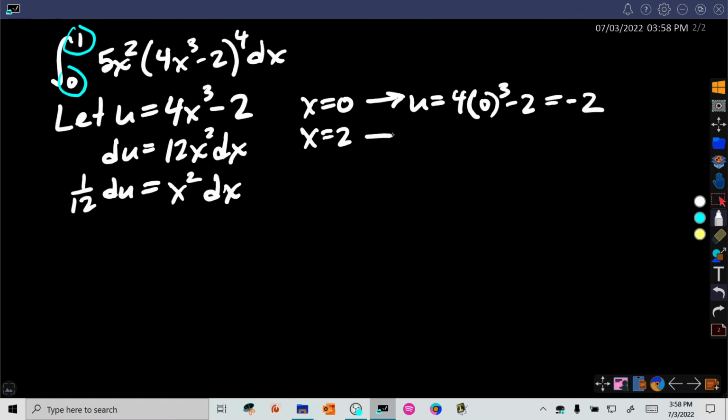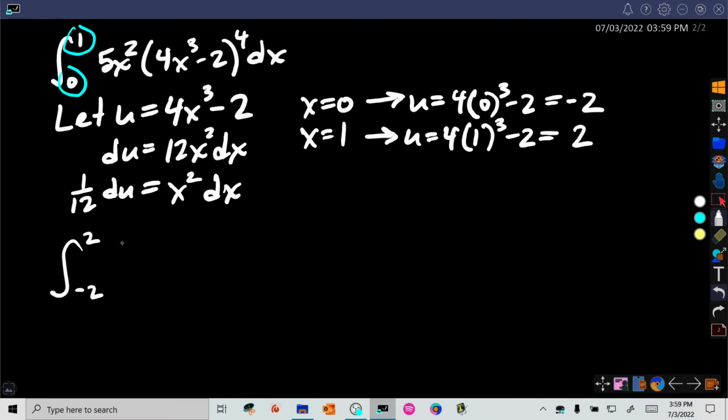Suppose x equals 2. That means that u is going to equal 4 times 2 cubed. Oh, sorry, it's 1. What am I doing? x equals 1. Sorry about that. 4 times 1 is 4, minus 2 is going to be a positive 2. And the order does matter. So if I'm going to 0, 0 and minus 2 have to match up. 1 and 2 have to match up. So in other words, this thing right here turns into minus 2 to 2